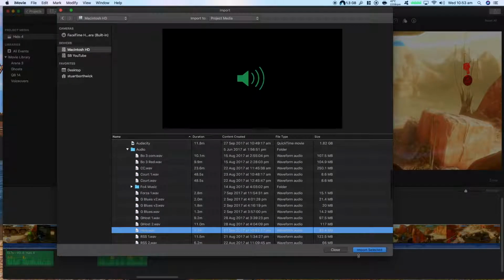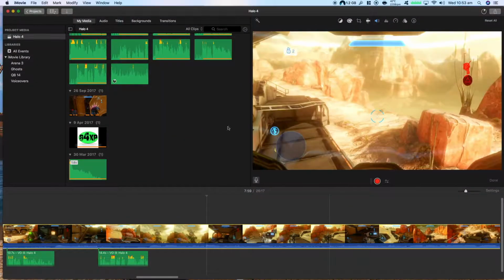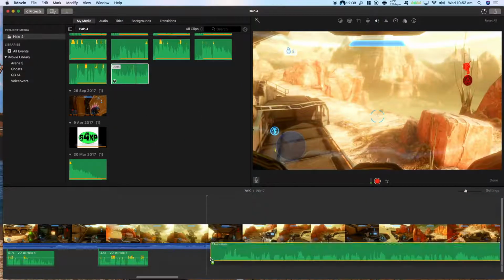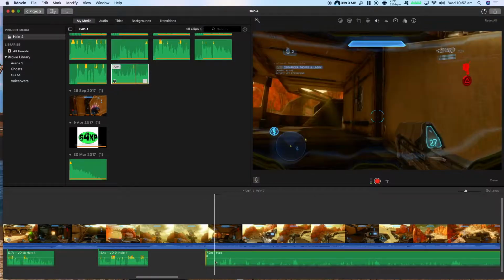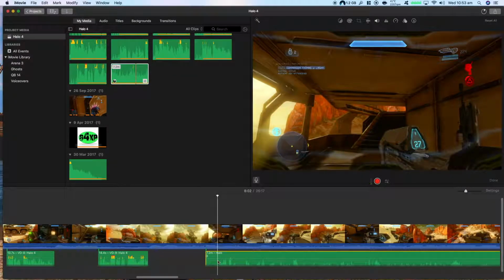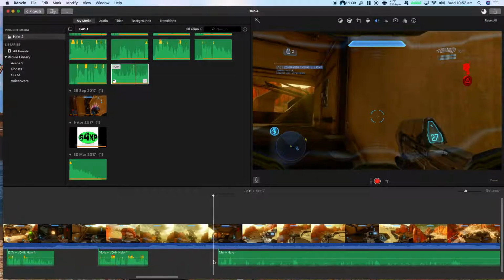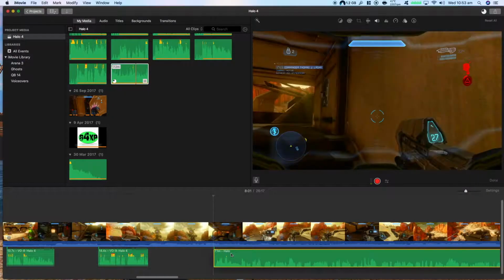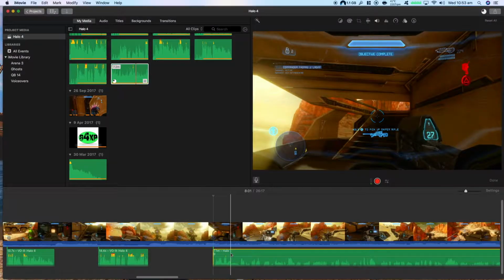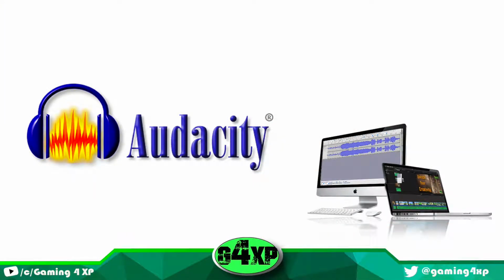There we go. Halo there. There it is, and we just drop it straight into the workspace. Sync it up, and we're good to go. So there's Audacity. It is a little bit more work, but the thing I love about using Audacity is it